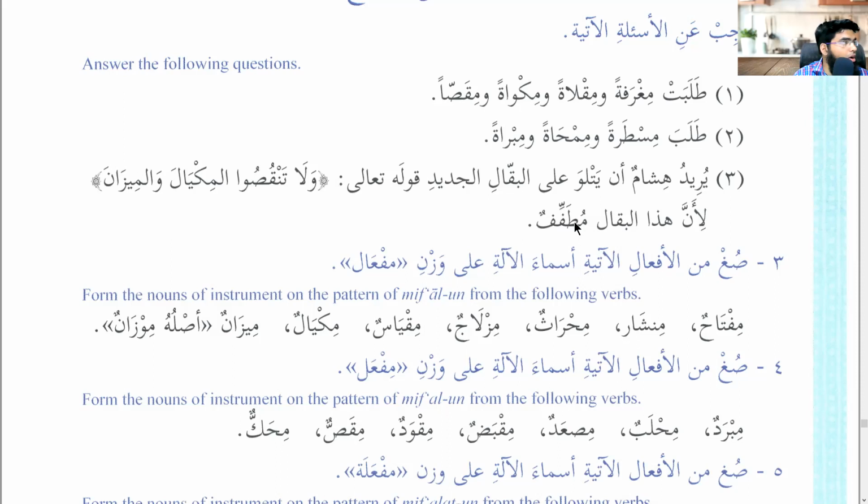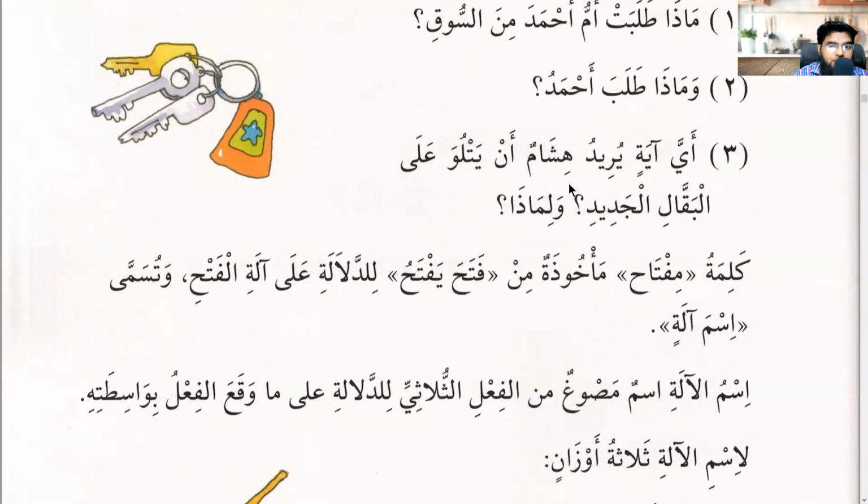لأن هذا البقال, ولماذا and why? Because this بقال is a مطفف. Right? He is a cheater. He reduces stuff. So Alhamdulillah, the words also he wants to recite, not wailul lil mutaffifin. He doesn't want to go and say wailul lil mutaffifin and so on. He wants to be gentle on him and say, no, he might not know.